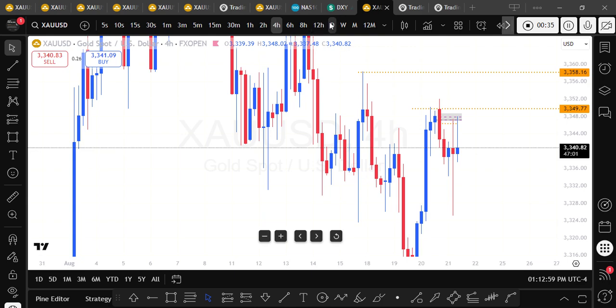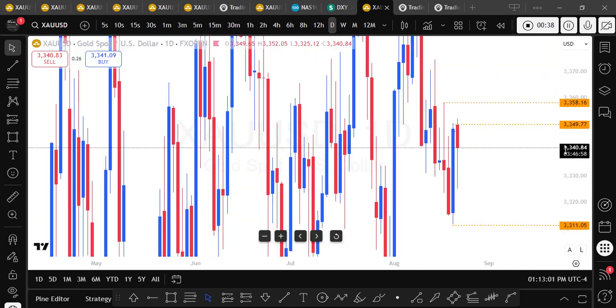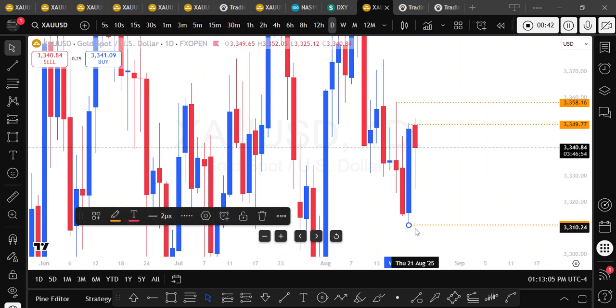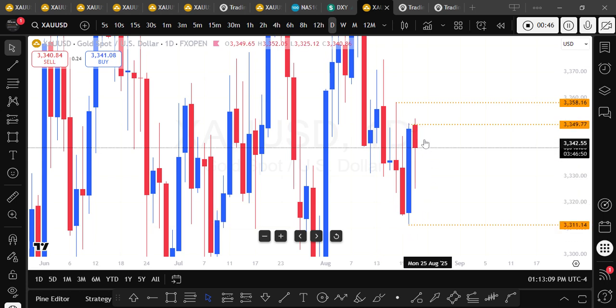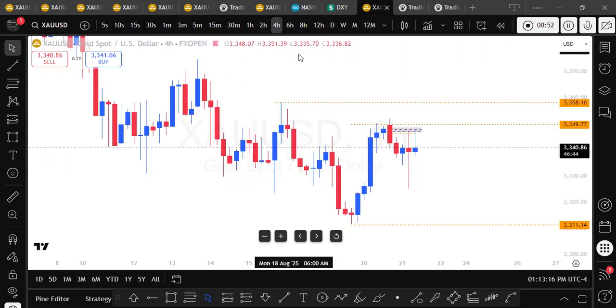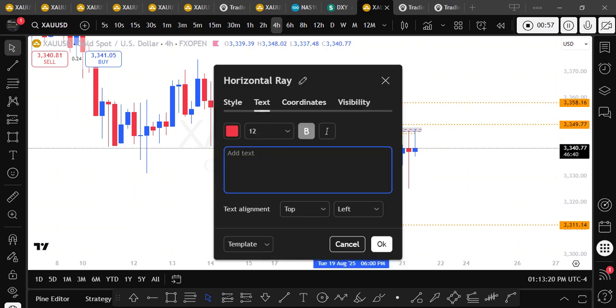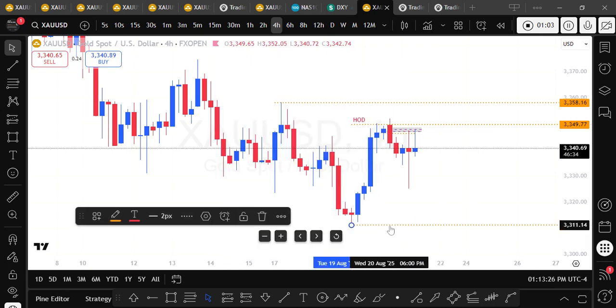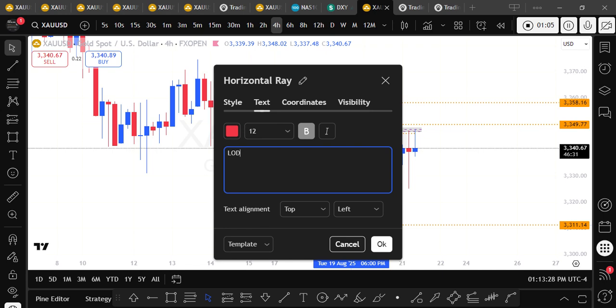As you can see on the daily time frame, you should know that the key levels are the high of the previous day and the low of the previous day. This is the high of the previous day and this is the low of the previous day. This is the first thing. When we detect these levels, the high of the day, and this is the low of the day